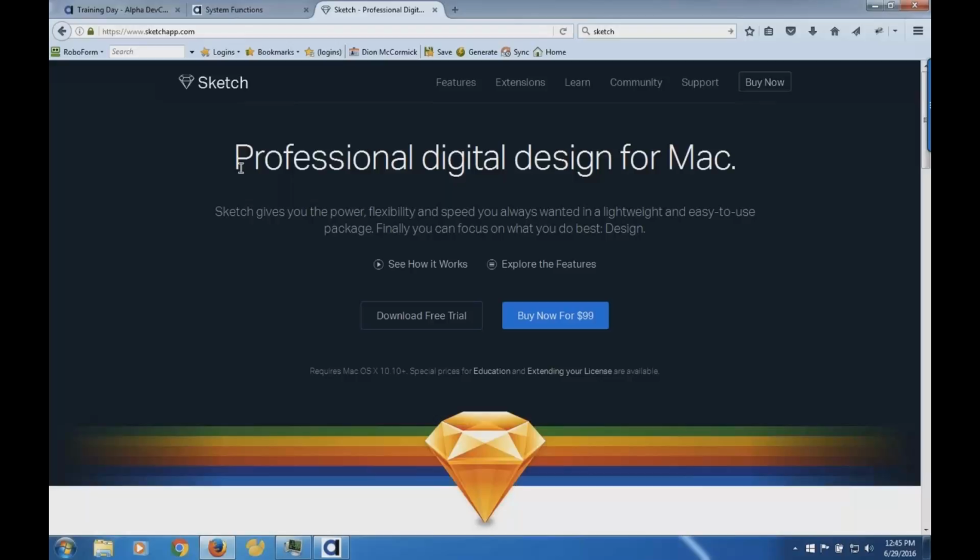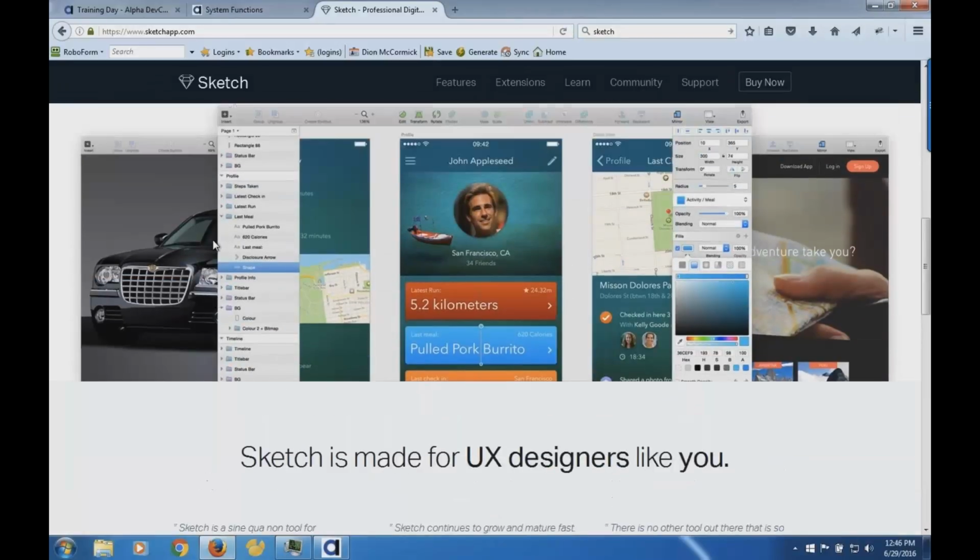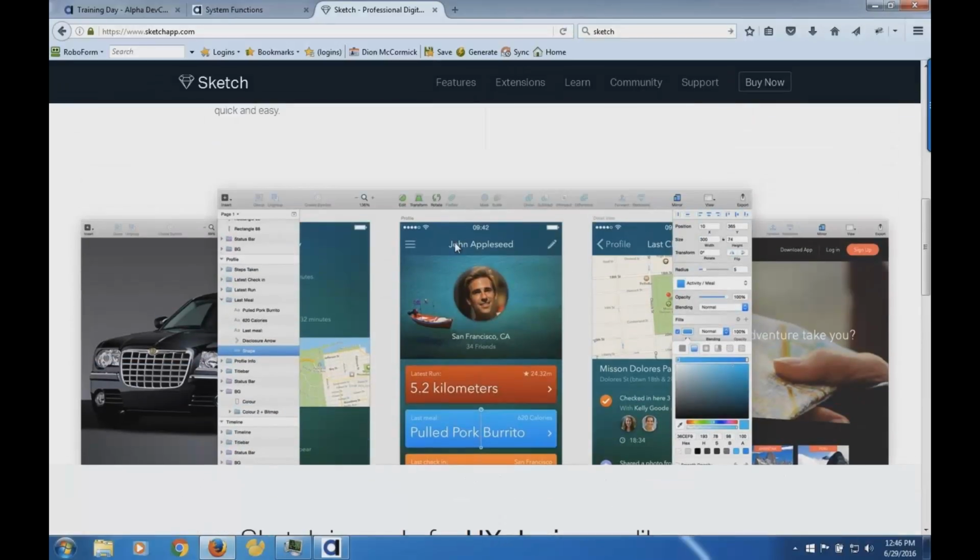But what we're seeing is that there's such a demand for graphics and other things that are pre-ready to go for mobile that there are some plugins for Photoshop, but also some new tools have come out. And one is called Sketch. Sketch is basically a Photoshop-like tool, but it's optimized for building user interfaces. And the other thing that's powerful about Sketch is that it has the ability to export a whole bunch of content that can then be moved into a mobile solution.